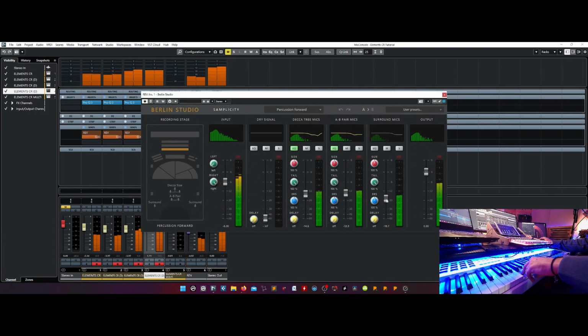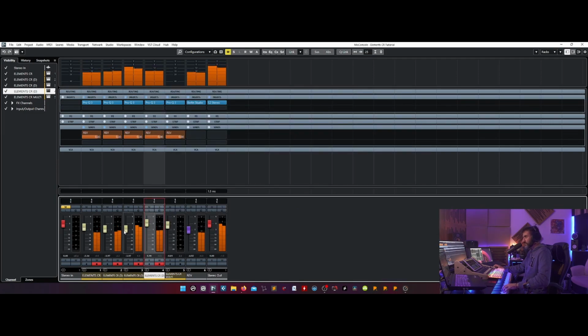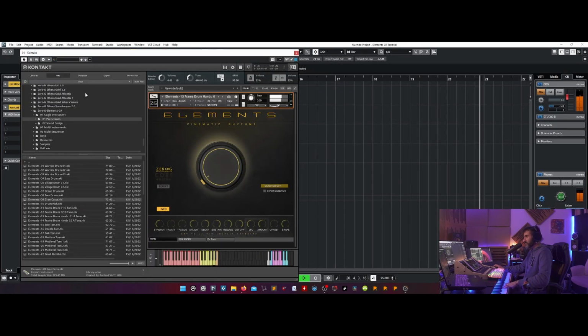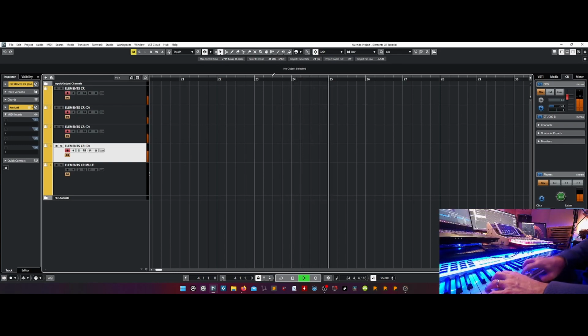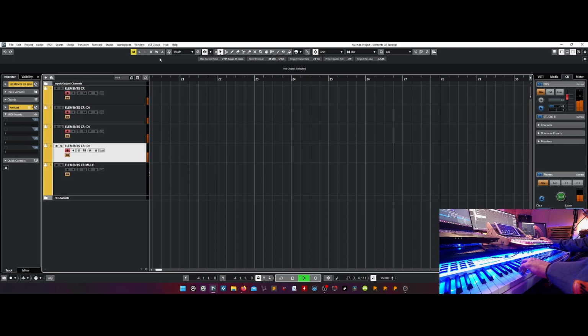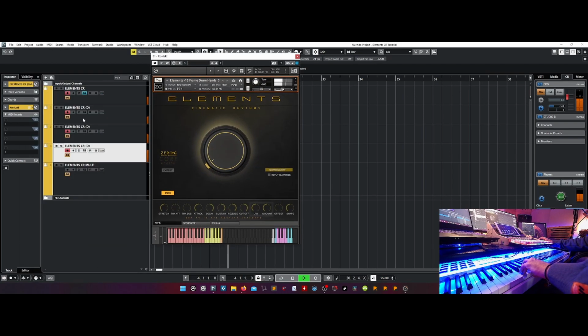Using also Berlin Studio as usual, you know. So it's easy playing all these instruments together with the sequencer.